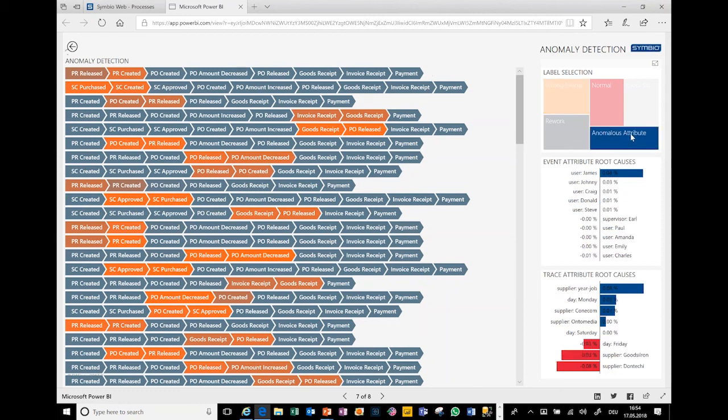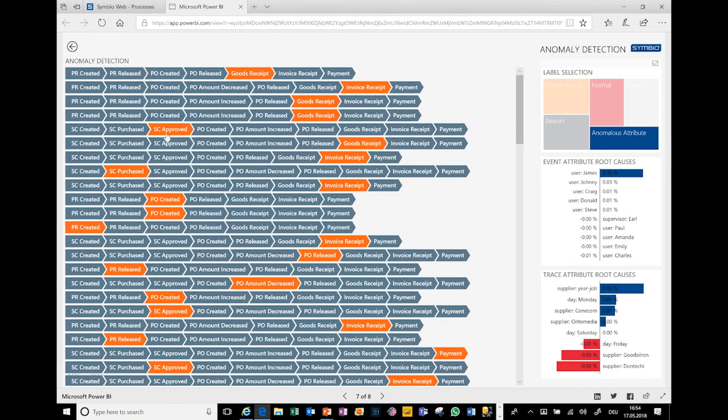Another option could be to look at certain attributes. So we could even recognize if there might be a user, in this case Marilyn, that is not the user that normally approves shopping carts. It could be correct because perhaps it is a new employee and Marilyn does have the rights to do so, but the system learns and identifies if there might be something wrong.